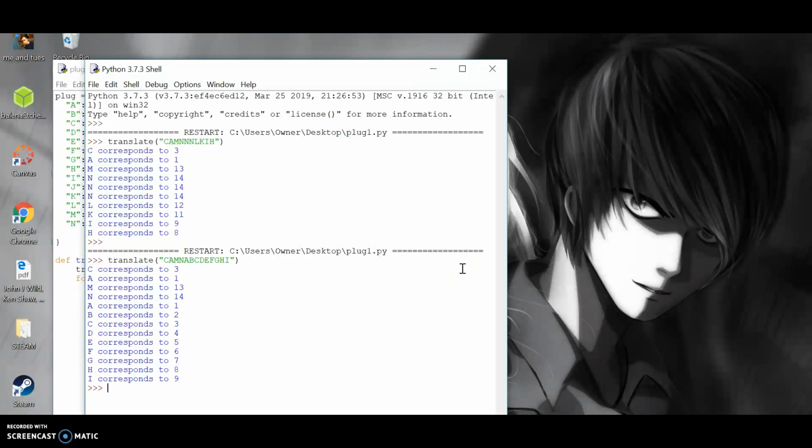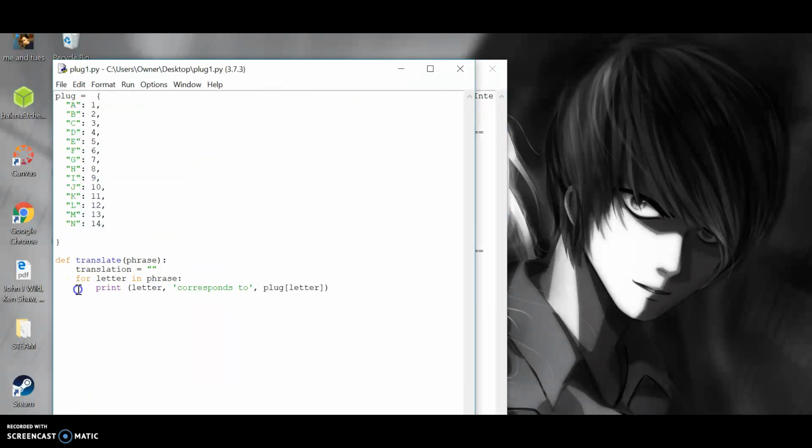And then to decrypt, I'm not sure if you just make different dictionaries and reverse the values, or if there's a way you can just tell it here to print the letter value plug, instead of corresponding, you could just print the value. But anyway,